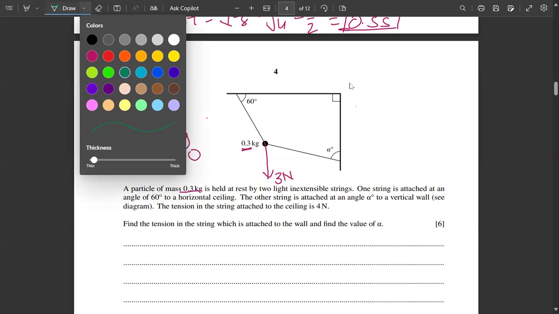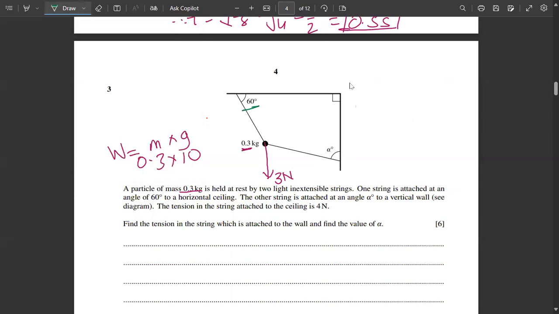One string is attached at an angle of 60 degrees to a horizontal ceiling, and the other string is attached at an angle alpha to a vertical wall. So this is the ceiling, this is a vertical wall, and this is a horizontal ceiling. See the diagram. The tension in the string attached to the ceiling is 4